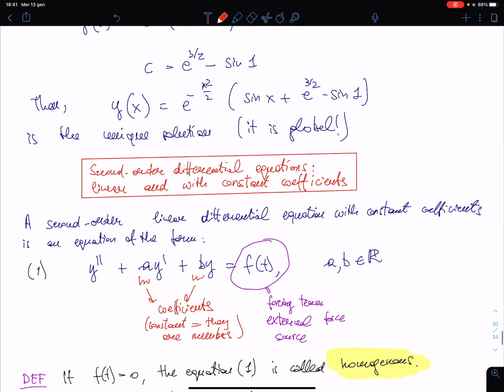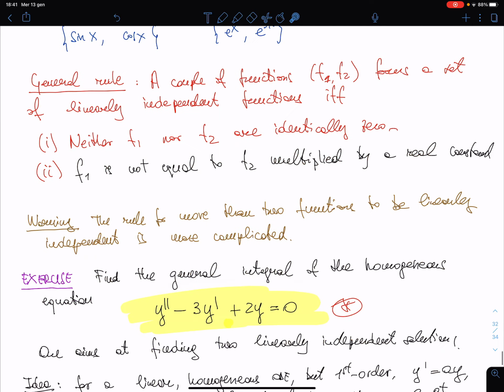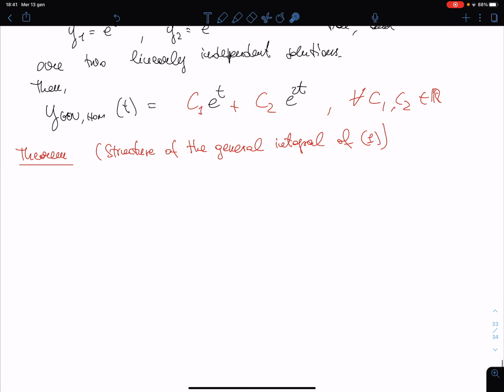Okay, equation 1 is this. So now the theorem says that the general integral of the equation 1 is given by